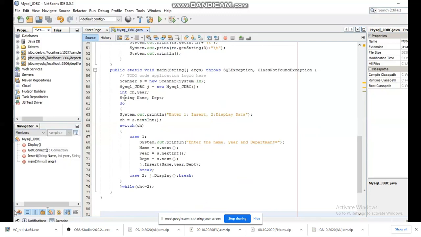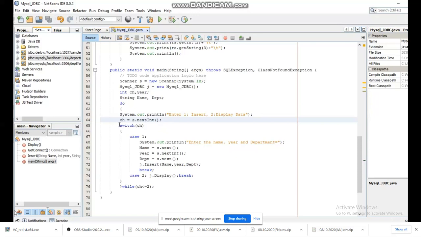Using a simple switch case, I am going to perform these operations: insertion and deletion. Sorry, insertion and display. You can customize the deletion operation also. I am going to input these three things: name, year, department. I have used the Scanner class. Using the Scanner class, I am ready to input those three things.